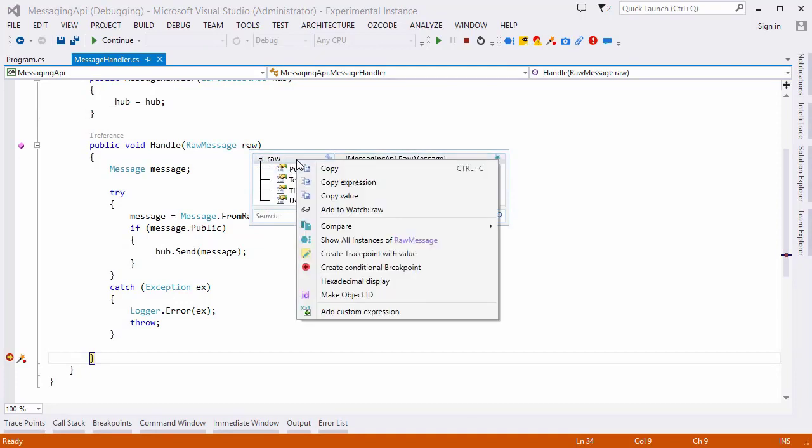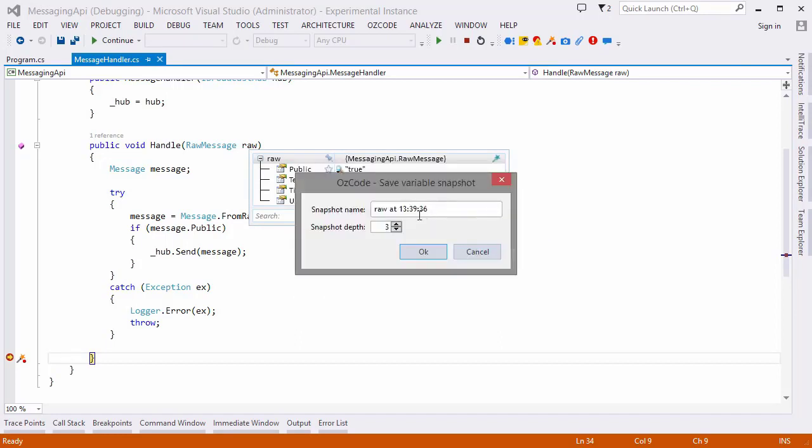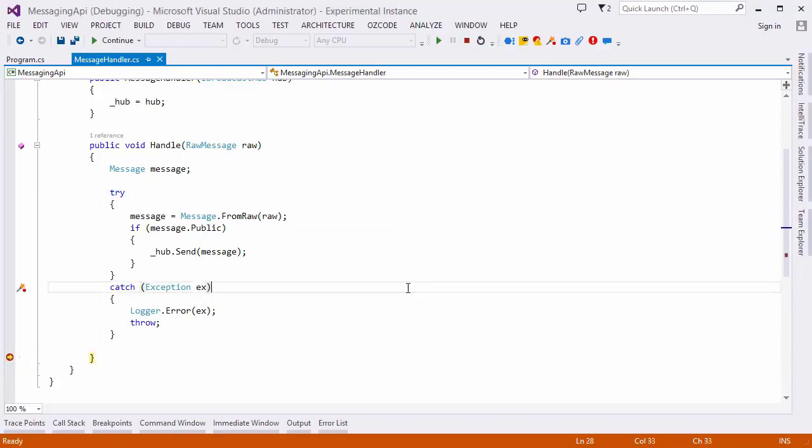can right click here and from the context menu choose Compare and then Save Value. I can give the snapshot a meaningful name. I'm going to call it Raw That Worked and say OK. Now I want to compare that to an instance that doesn't work, so I'll set another breakpoint